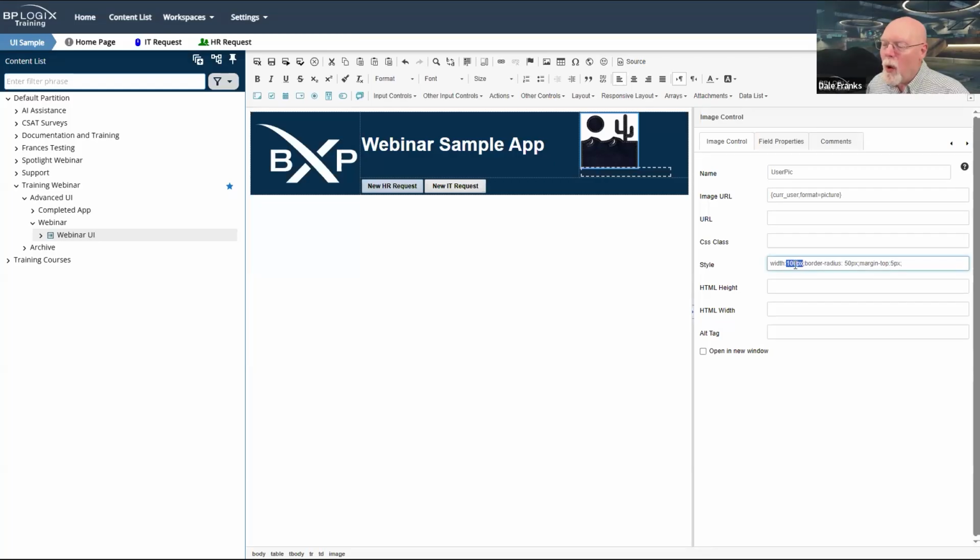So because it's a 100 pixel image, I'm going to set the border radius to 50 pixels, half of the value of my image width. And it is a square image in this case. So this works out perfectly for me because if I set a border radius of 50 pixels, that's basically 50% of a 100 wide and tall square.